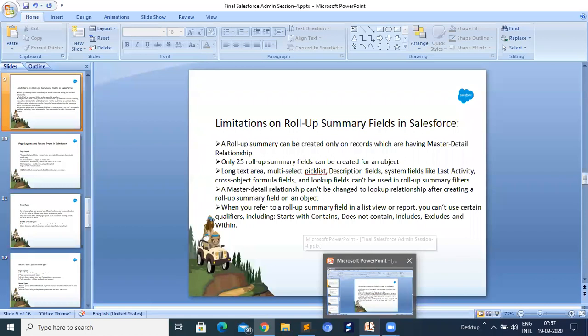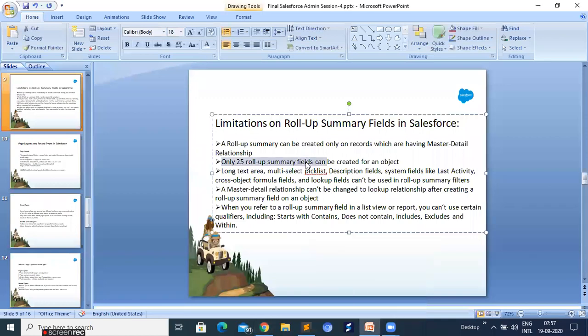So we create only one field. In the same way, we can create up to 25 roll-up summary fields, right, per object.